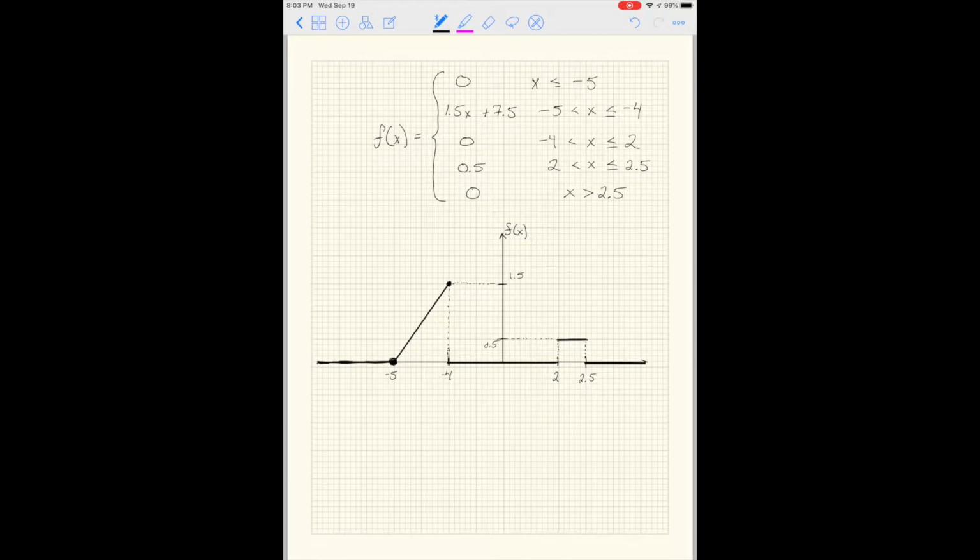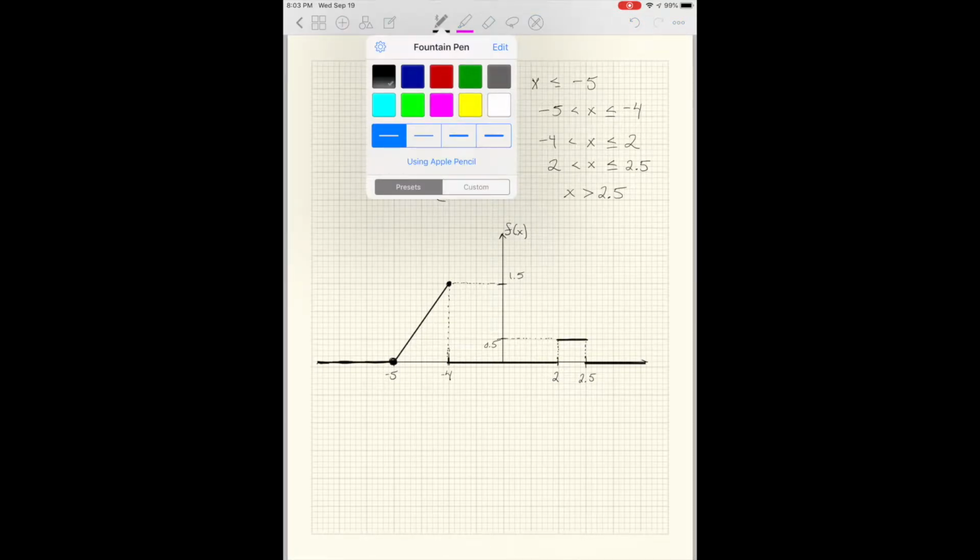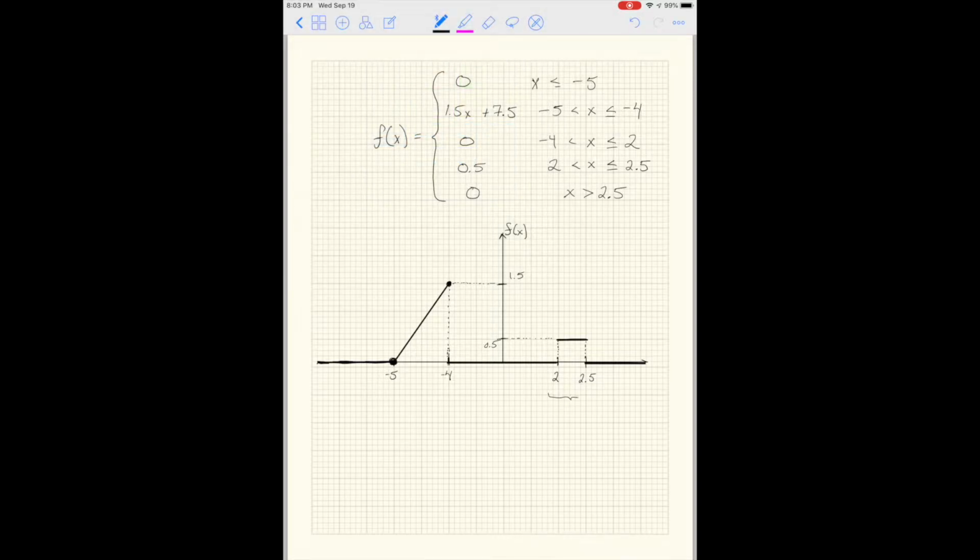And so I just would want to say, well, what's the area underneath this curve? Well, if I look back at this curve, I can see that it's basically just the area in this little rectangle here, plus the area in this little triangle here. Well, the area of a triangle is just 1/2 base times height. In this case, the base is just 1 wide, and the height is 1.5. So it's just 1.5 over 2, which is equal to